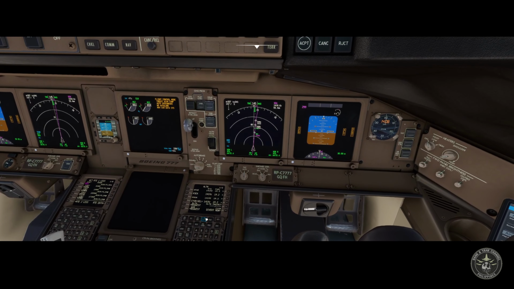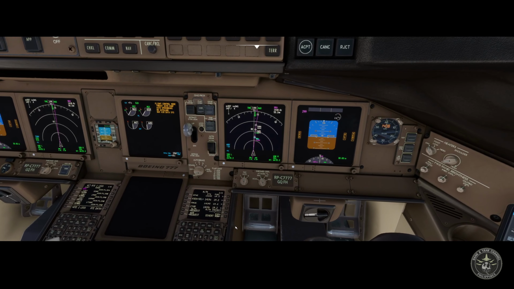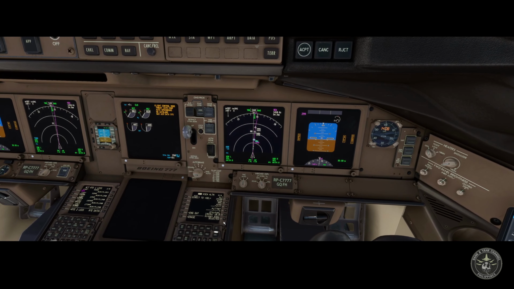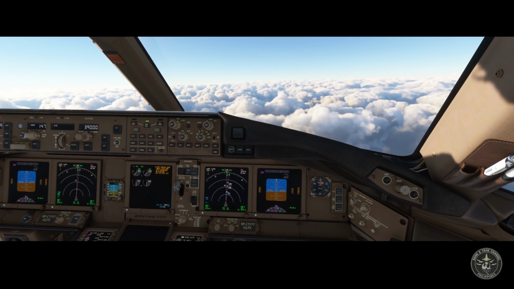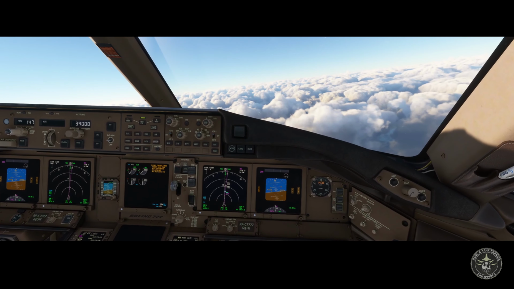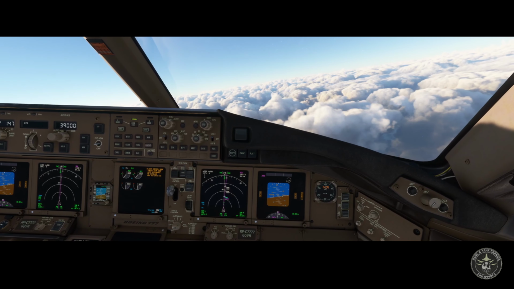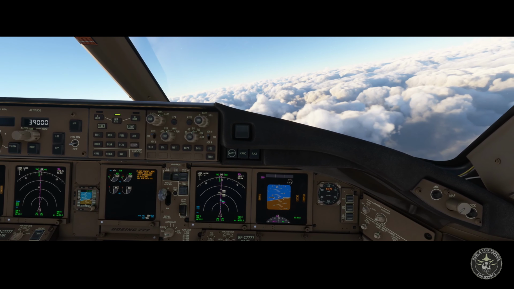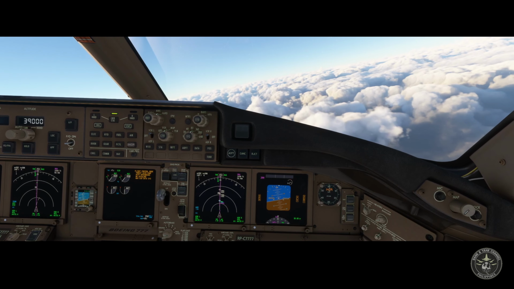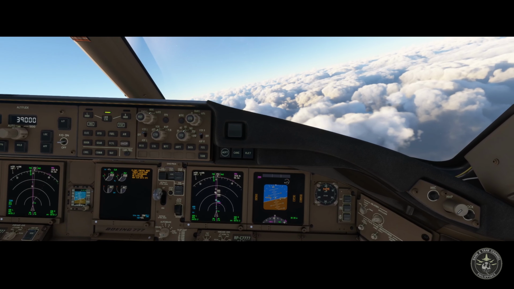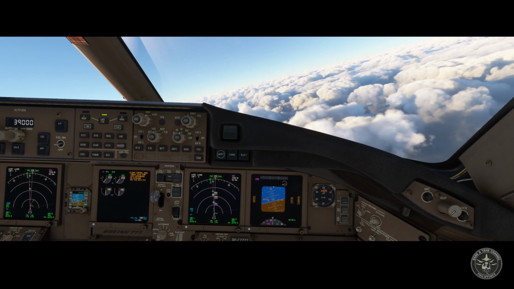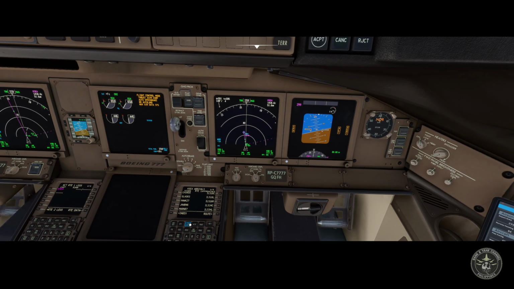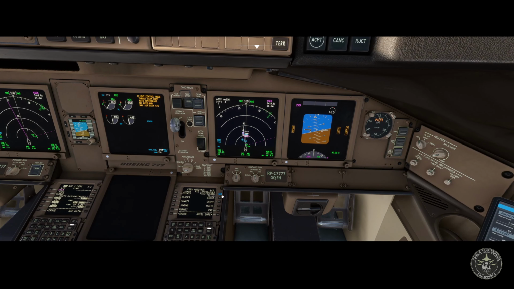Okay, and then let's divert to Seattle. Divert now. And let's hold first. Let's try to hold so we can delay and set up the aircraft properly. Verify, execute, set up. Okay, 16 Center.